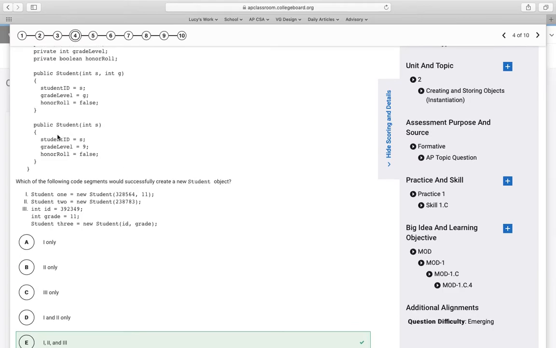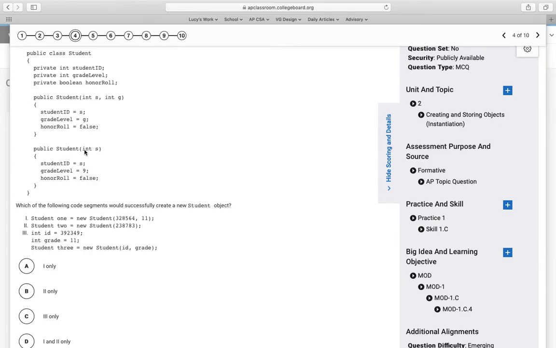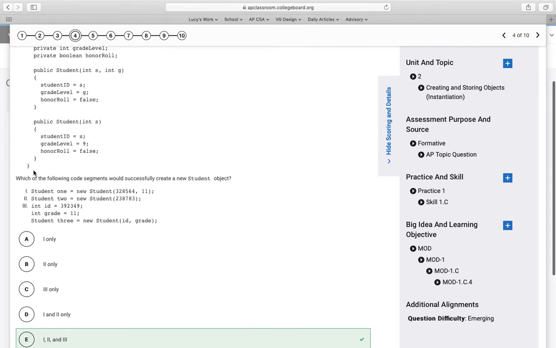Now let's look at the next constructor. This one just takes in one integer. So whenever you go to create a new student, you have to give it an integer, or you can give it two integers. There are constructors for both of those cases. So down here, it's asking you which of the following code segments would successfully create a new student object. So student1 equals new student, and we're giving it two integers. That actually would work perfectly because that would use this constructor. Student2 equals new student. Now it's just sending in one integer, and that also works fine because we've got this